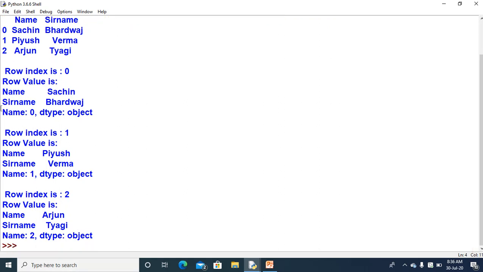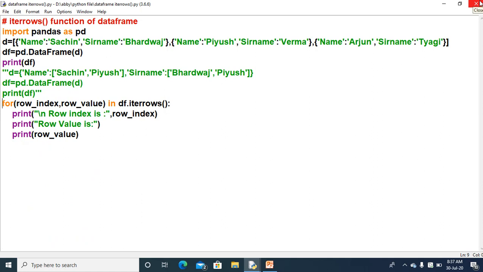So here you can see the first record is displayed one time, then in that very statement for loop you have used, so the second row is accessed, and afterward the third row. So as many rows as you have in your data frame, those very rows will get displayed with the help of iterrows. This is very important from the examination point of view. So you need to understand the thing about iterrows.